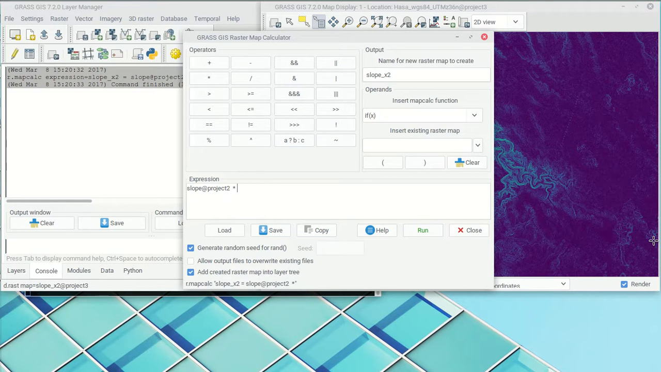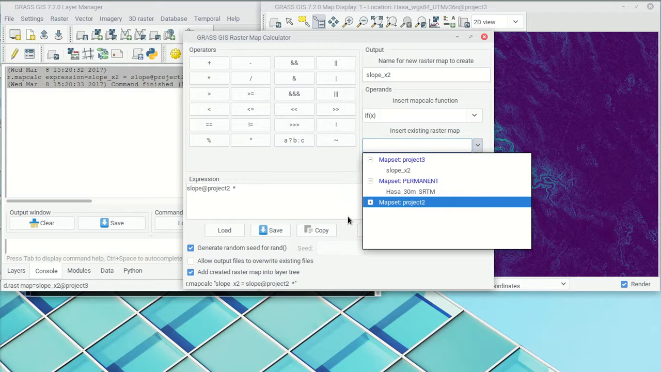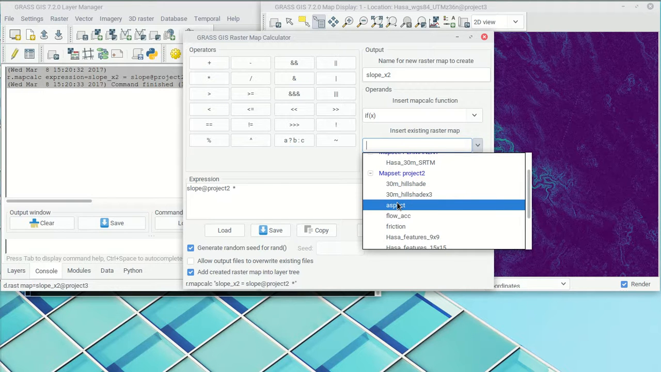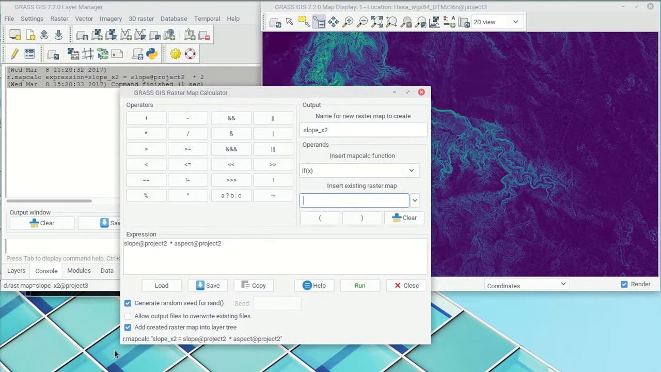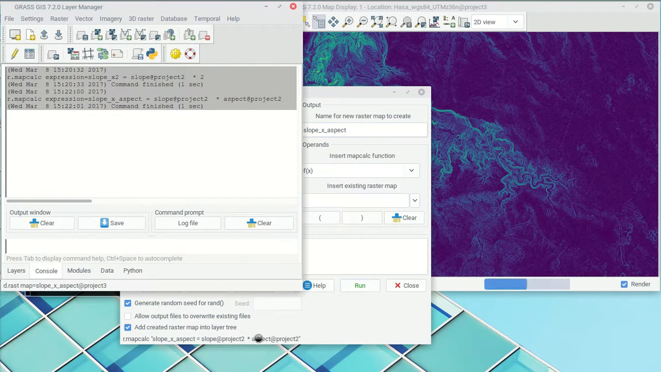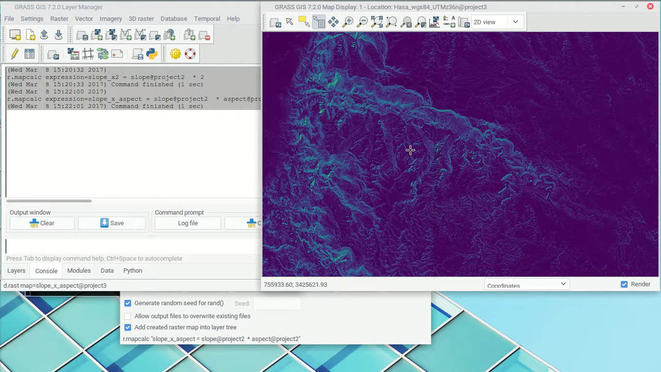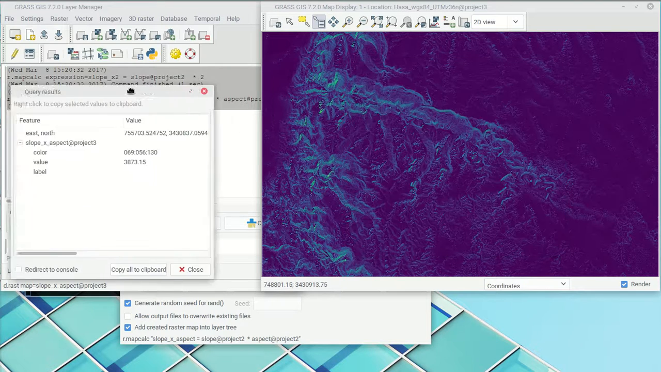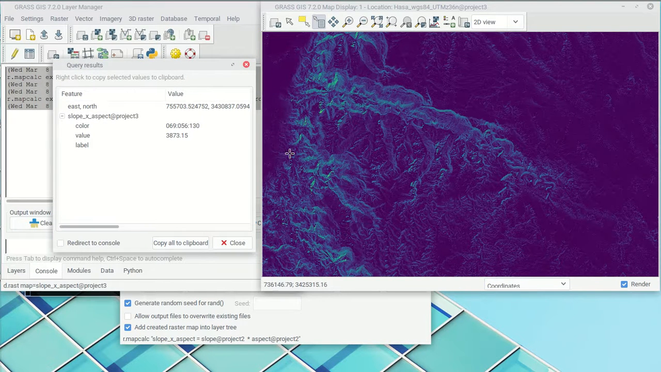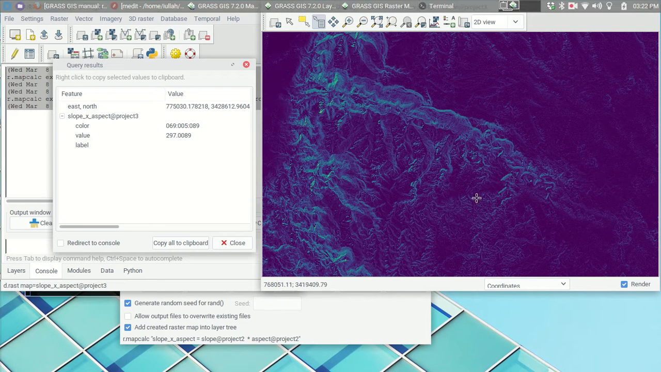So let's try that. Instead of multiplying by 2, let's multiply slope by aspect and see what happens over here. So we'll change the name over here, slope x aspect, right? Slope times aspect. And then we hit run, and it goes pretty quickly. And, well, okay, it's sort of changed a little bit, and the slope and aspect are related, so the patterns kind of look the same, but if I do my query again, I get very different values, 3,873, 4,400, whatever. It may not mean anything, because we just multiplied these 2 values together, but you're starting to realize